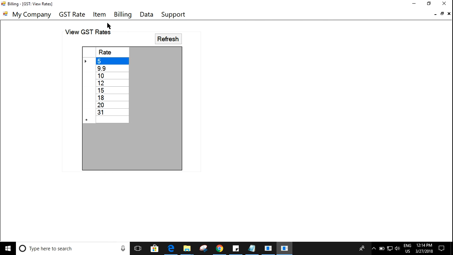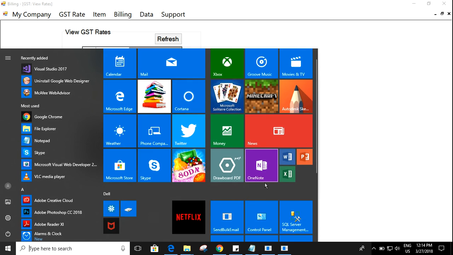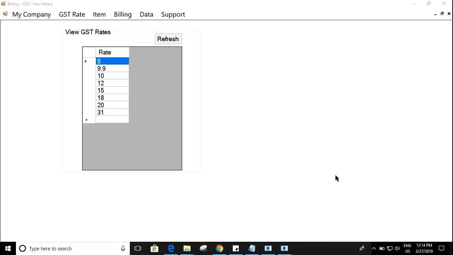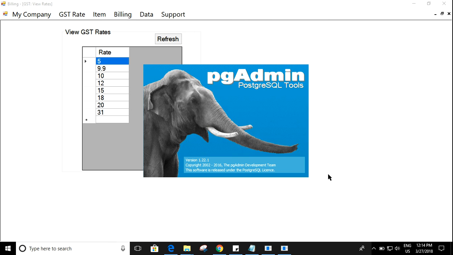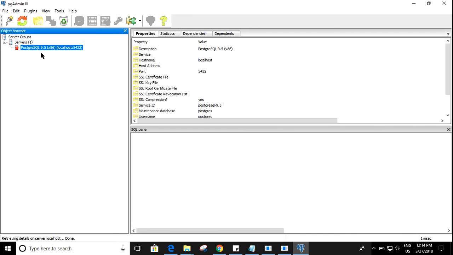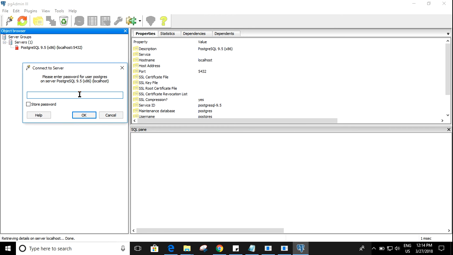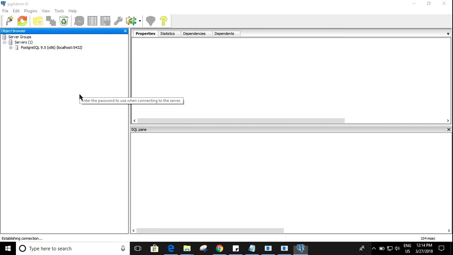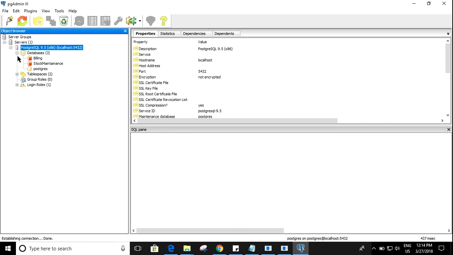Now say your database has been accidentally deleted. In that case you can also use the restore option. So let me open my database. Okay, this is my database. I'm connecting to the database, entering the password here.